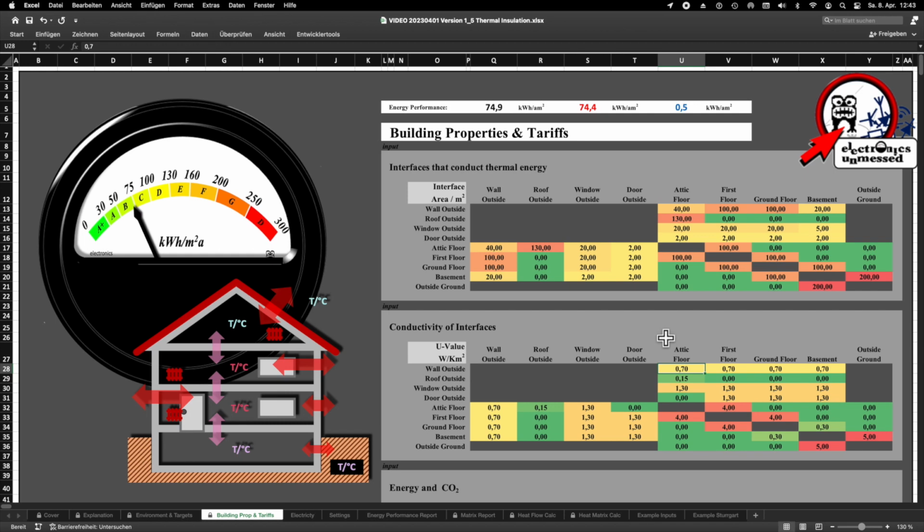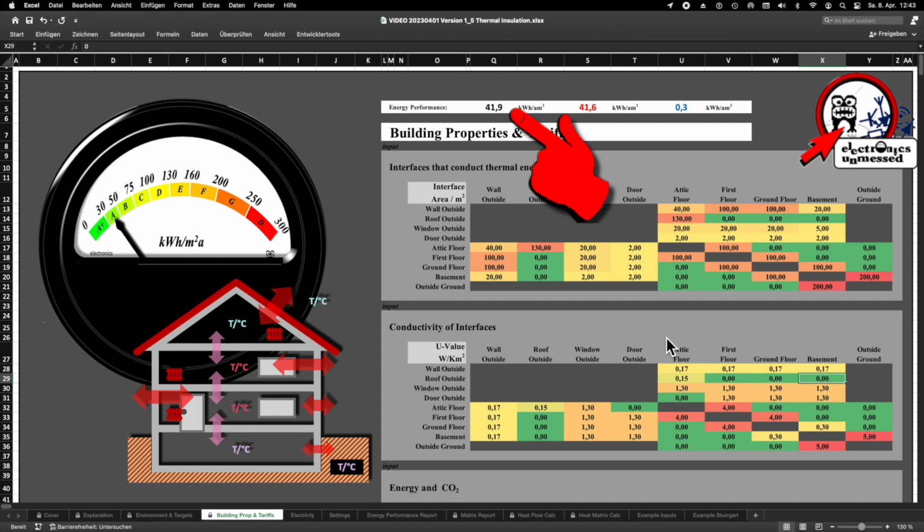Now we are going to do one more step, which is probably the most expensive one. We insulate the outer walls and achieve a U value of 0.17. The energy efficiency index would then be 41.9 kilowatt hours per square meter per year. Altogether we would save 65% of heating energy. This does not include the savings from waste heat from electrical devices and from the sun.